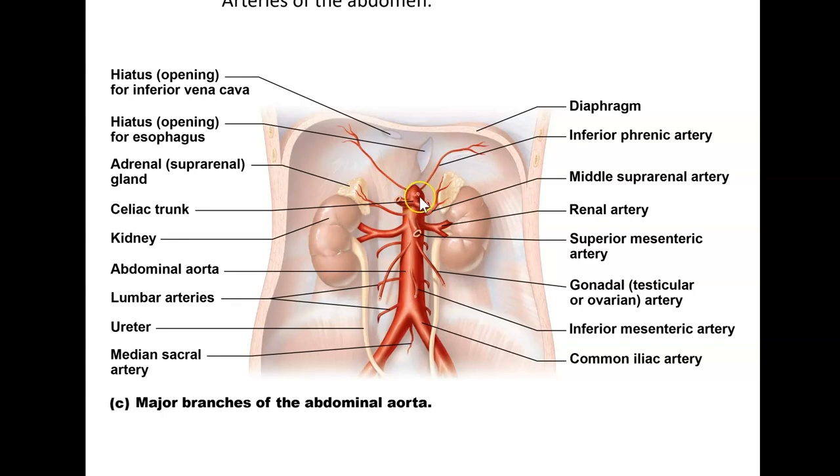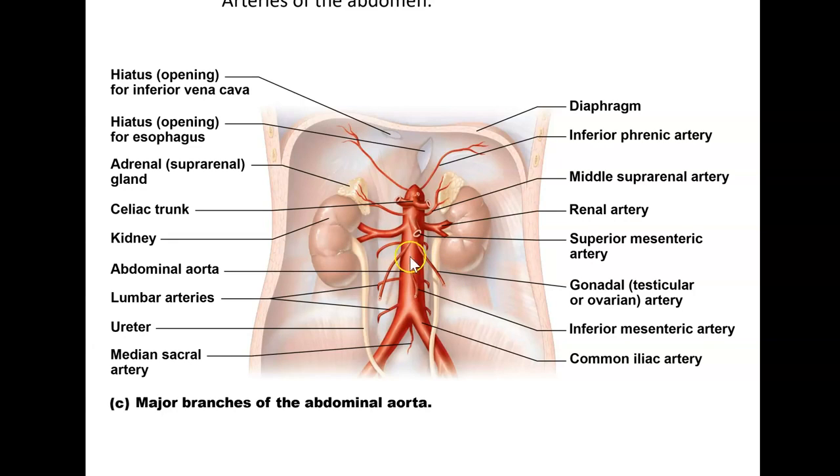So we can see here the celiac trunk, the superior mesenteric artery that we just discussed, and we can see the suprarenal branches over to our adrenal gland. Here are the renal arteries going to supply the kidneys. And as we continue further on down, we can see these smaller branches off to the side, and these would be our gonadal arteries. In a male, we call it testicular artery, and in a female, we call it the